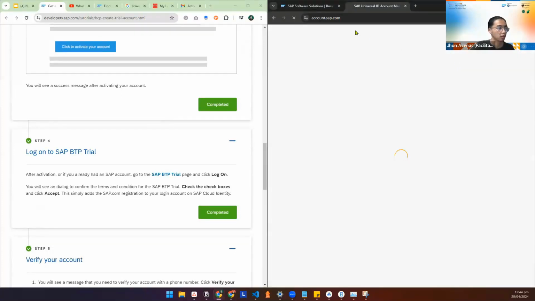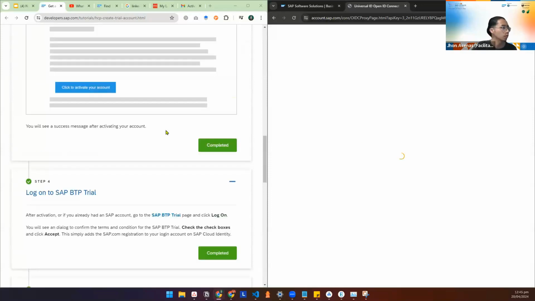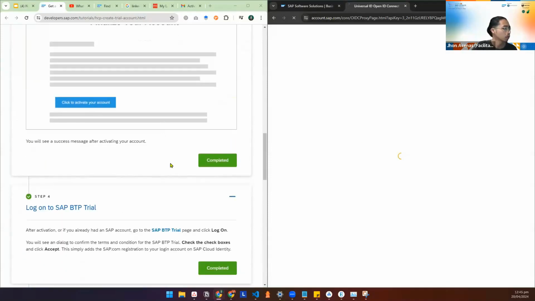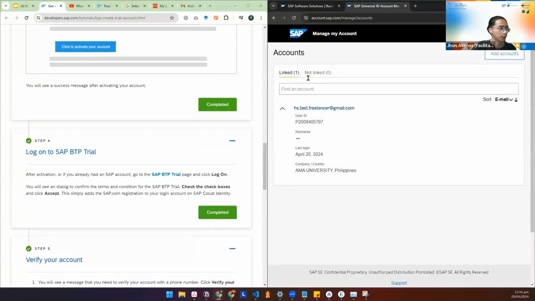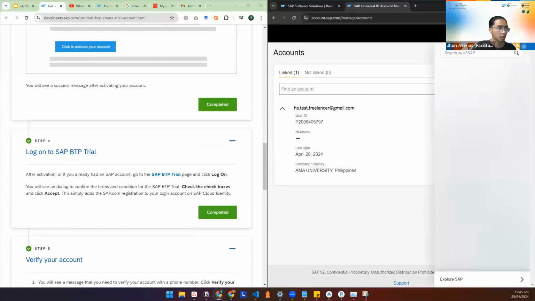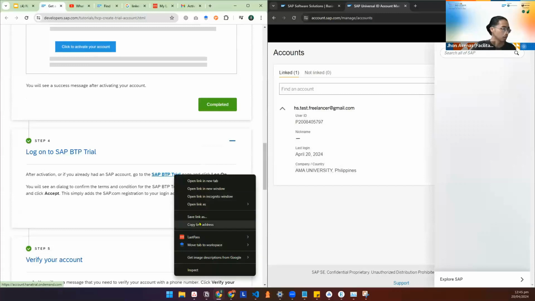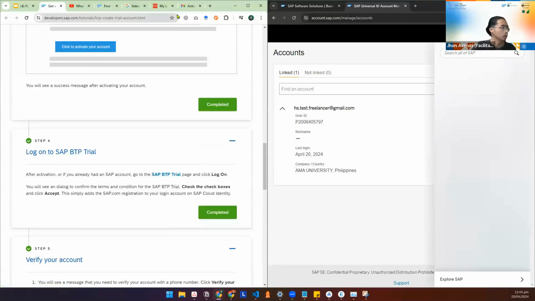Click on manage account. Tap this. So we should go into